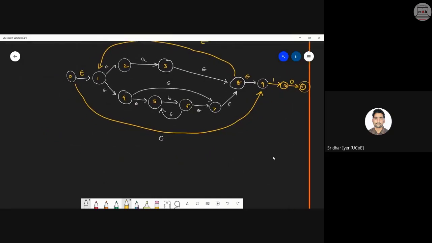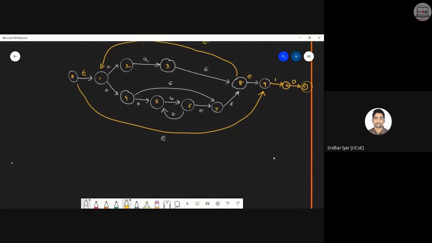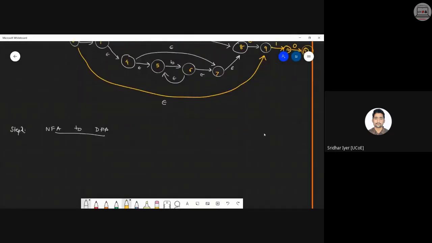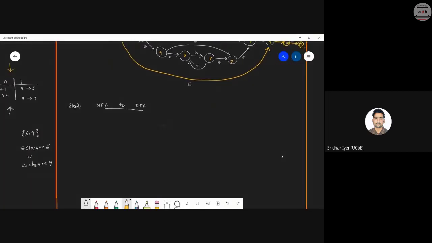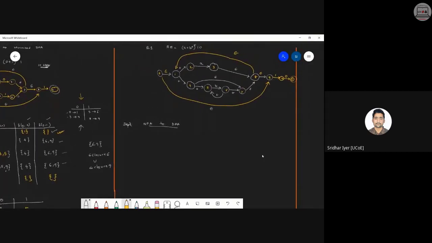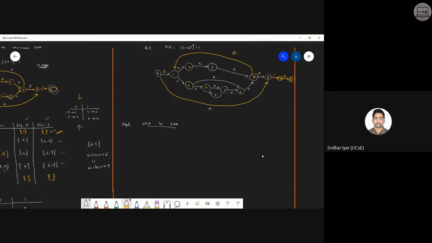You all know how to complete it, how to solve it. So that is step number one. Sorry, step number two. That is NFA to DFA. Kindly start solving it. Construct the table. First of all, you can write on this side that there are two inputs A and B. Okay. So what happens on inputs?